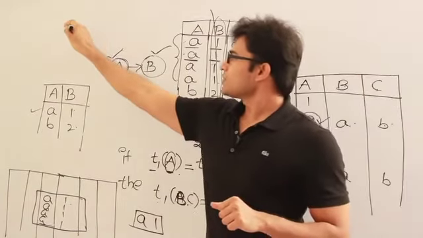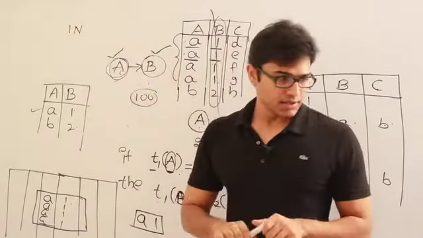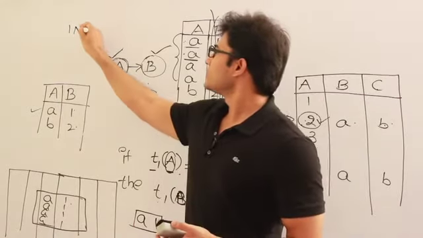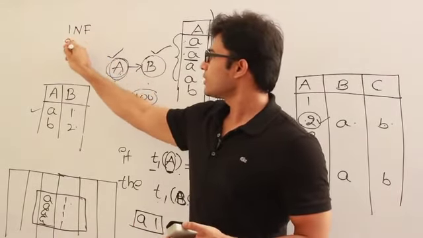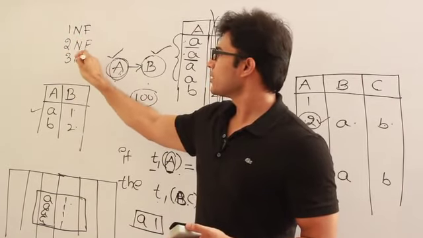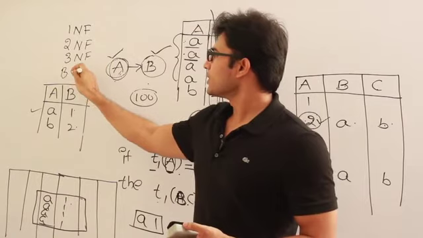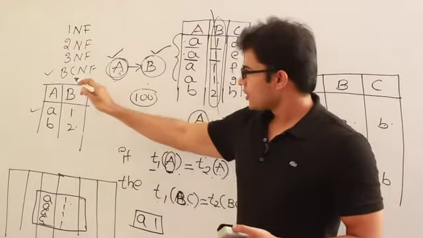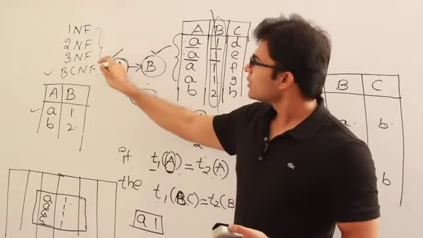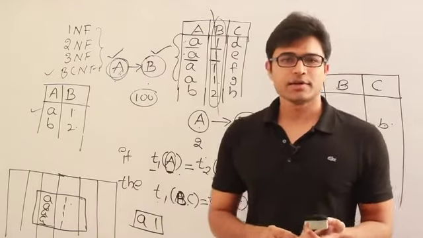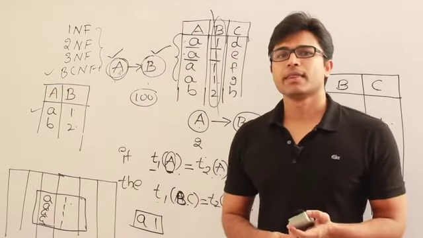One is called first normal form. So we see that initially every table is in first normal form. From there we see that every table next is in second normal form. Then third normal form, and then BCNF, right? So ultimately our aim is to reach BCNF. In order to reach BCNF, we go through all these steps. In order to go through all these steps, we are going to use functional dependencies and candidate keys, okay.